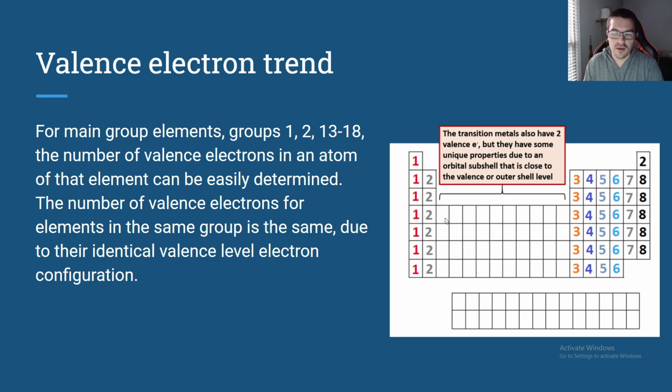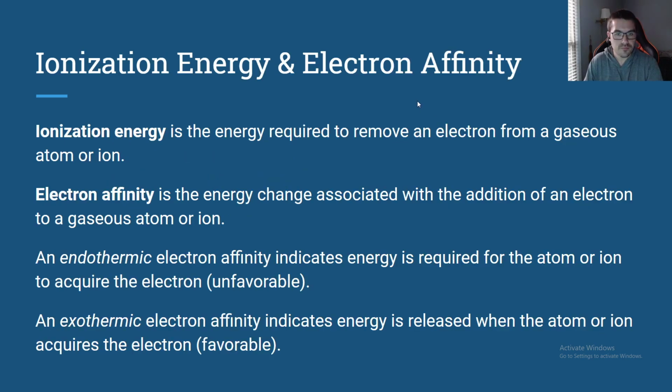Suffice to say, transition metals tend to not follow the same types of rules and patterns that these other main group elements do, due to the fact that they have these d orbital electrons. Okay, so let's also bring back some of the things that we talked about in the last couple of videos: ionization energy